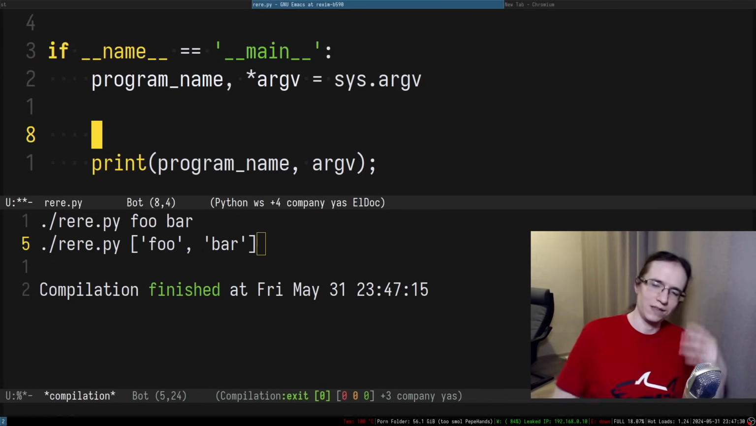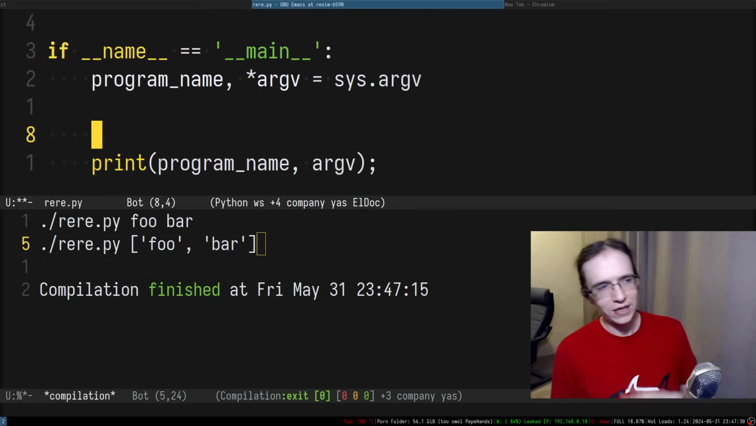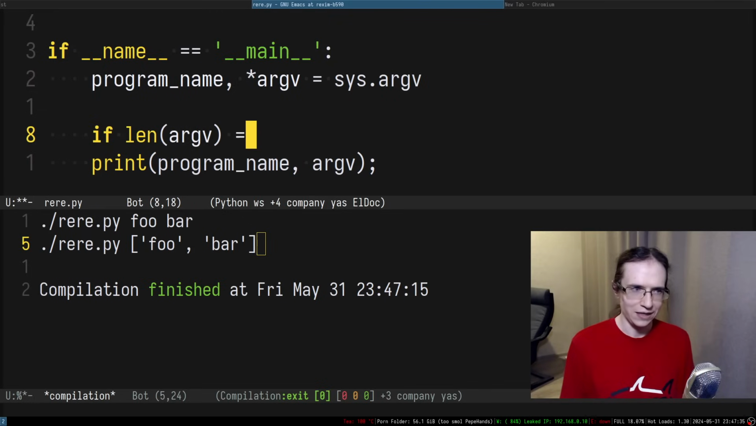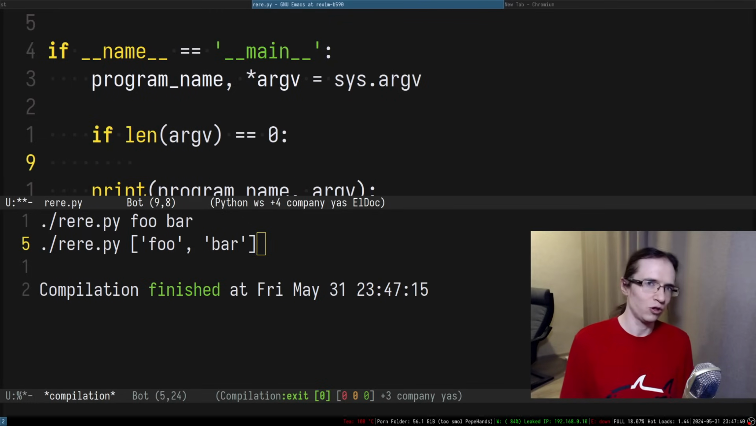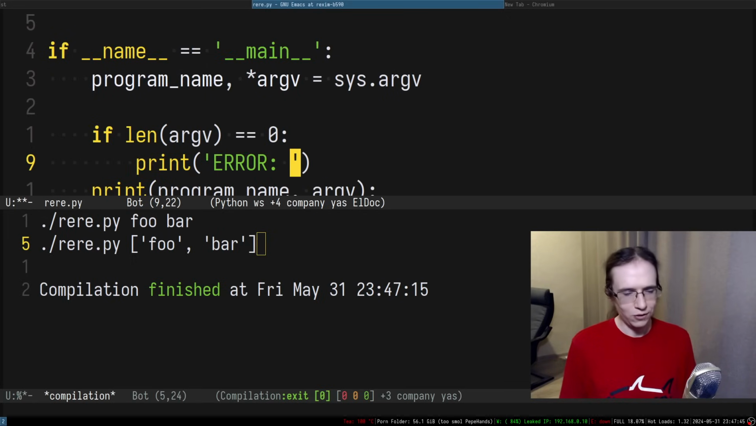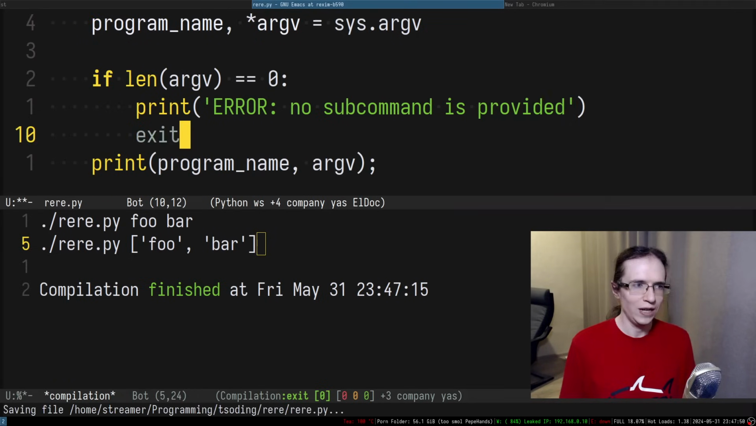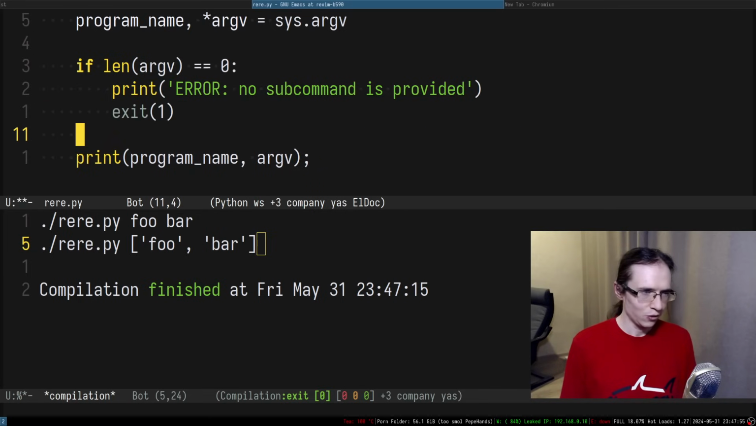We're going to have subcommands in here. That means I need to first check if len argv even has anything. If it's equal to 0, we have to say, you didn't provide a subcommand. So this is going to be an error: no subcommand is provided. We have to exit with a non-zero exit code. There we go. And then we can have subcommand, argv,